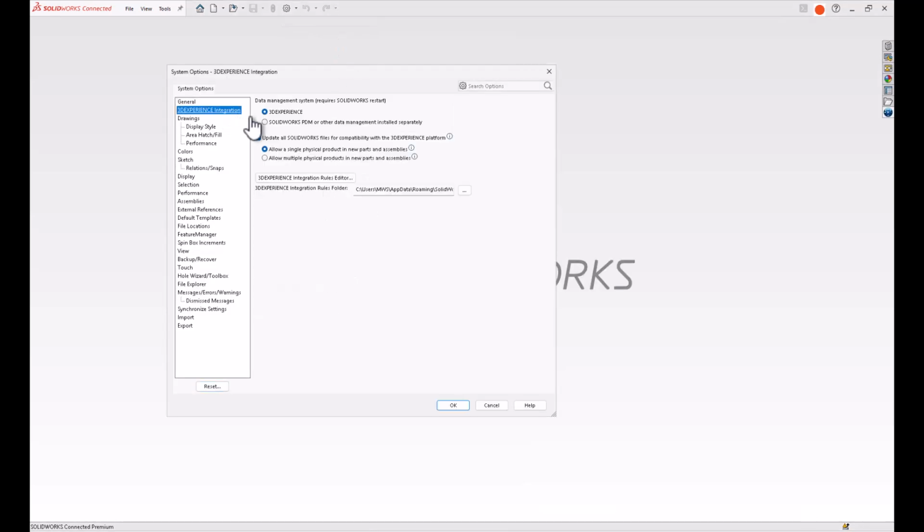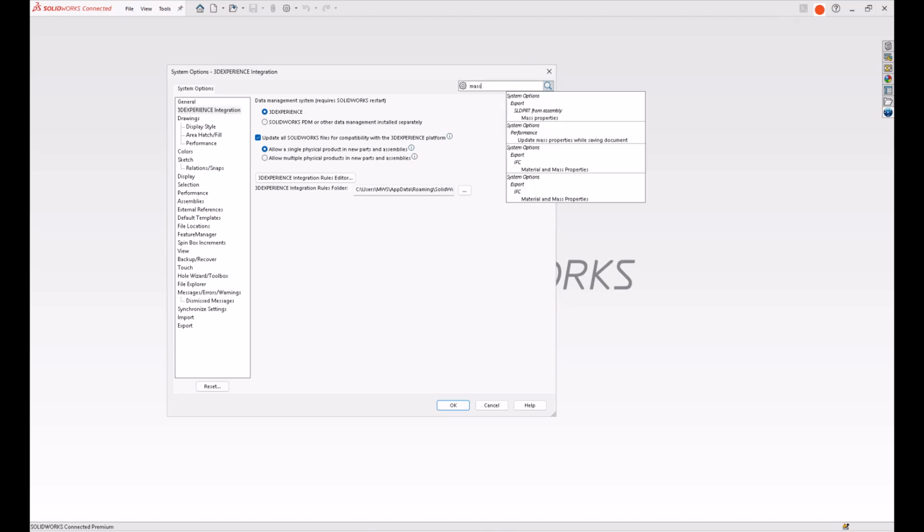One option you could set, and you can only set this if you don't have a model loaded, is to update all SolidWorks files for full compatibility with the 3DEXPERIENCE platform. This option is not required to communicate between SolidWorks and Eco Design Engineer, but it does save your models so they can be accessed and managed to the fullest extent possible on the 3DEXPERIENCE platform. So I'm just going to go ahead and leave that because I have these turned on for compatibility in the